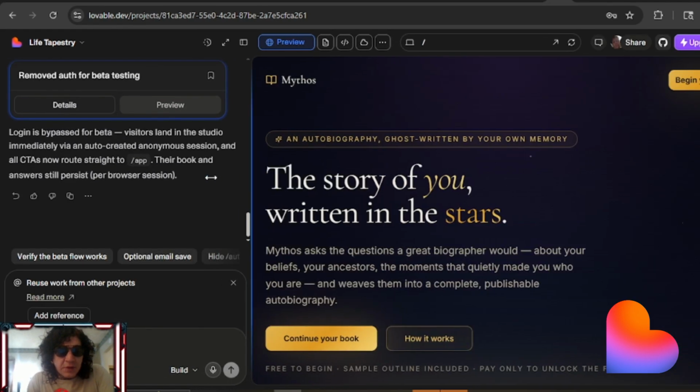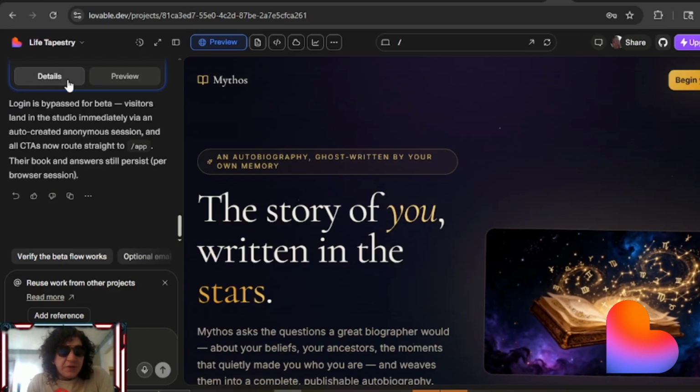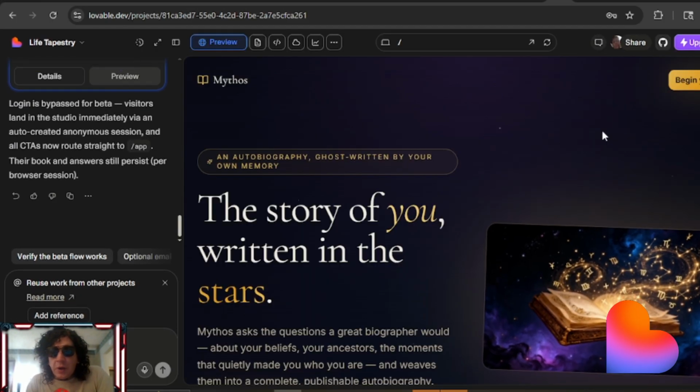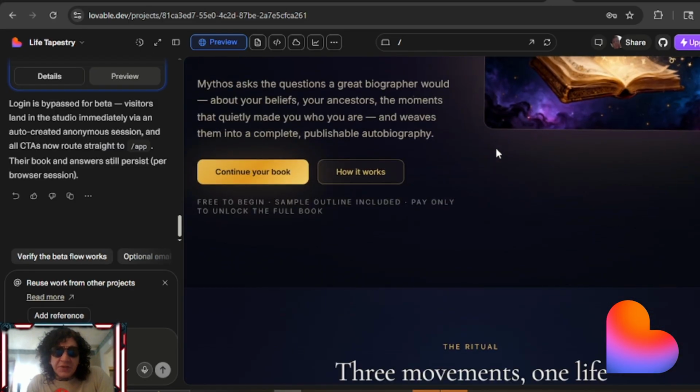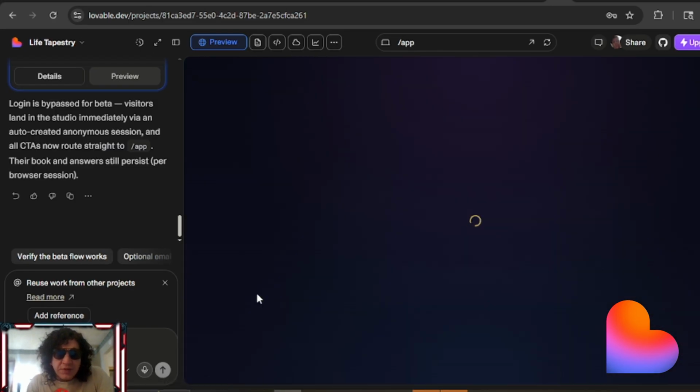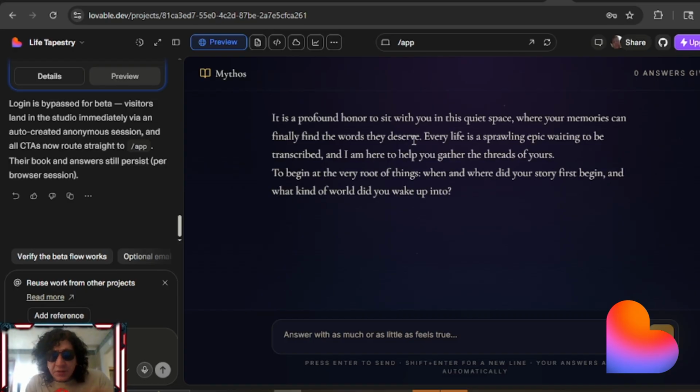You do have to kind of slide it here. You have to view the details, and then it'll allow you to do the preview. It did have a login system that wasn't working, so I had to cut that out. But let's see. Continue your book, and this looks like it's going to be more of an AI based way